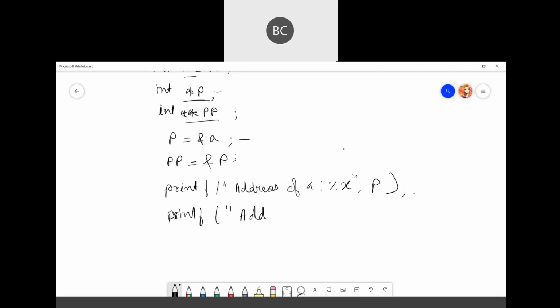Now if you want to print the address of p, you can print p's address, and it will give you the address of p. The address will be different depending on your compiler.